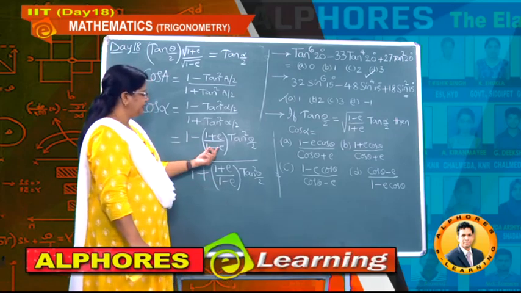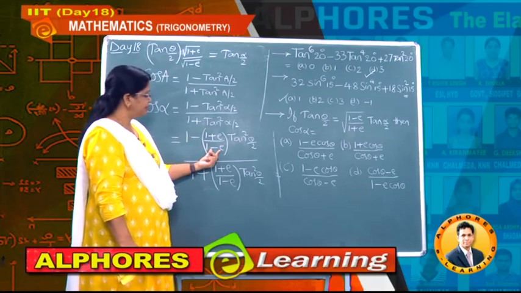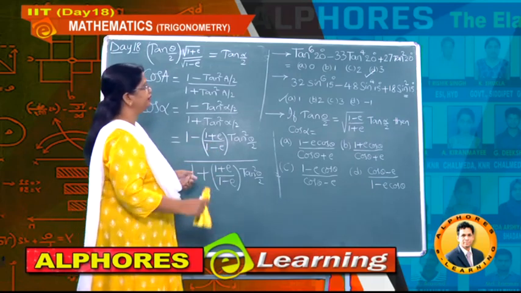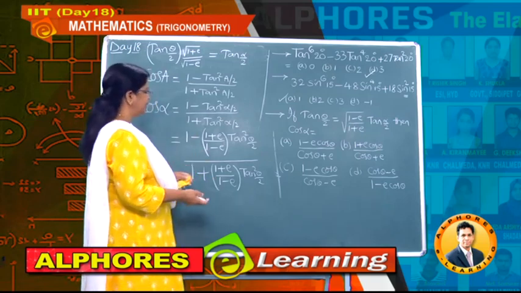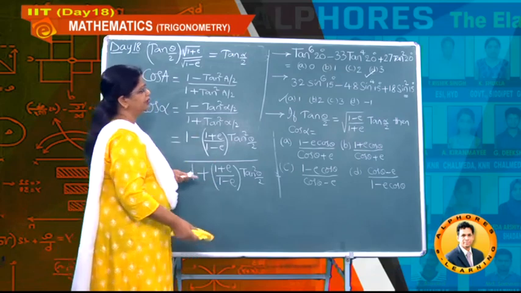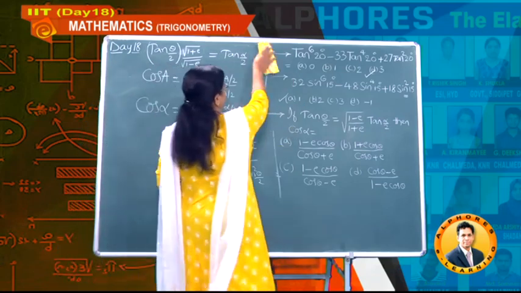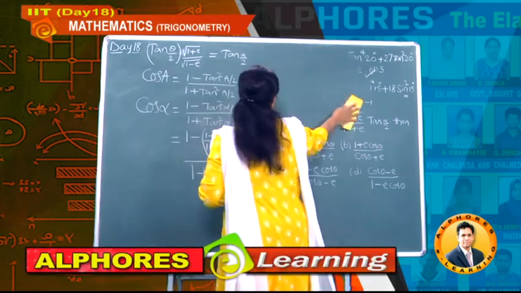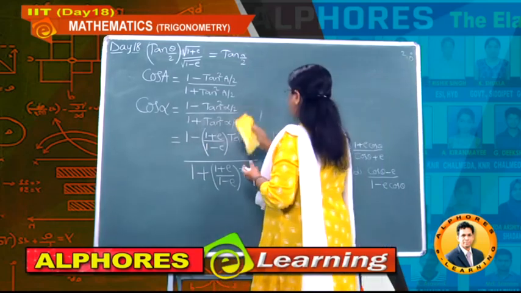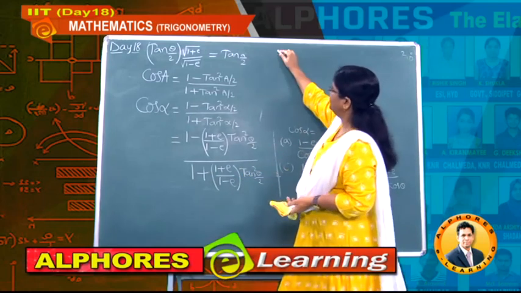Now let us see, this LCM is how much here? 1 minus e, 1 minus e. So let us take the LCM as 1 minus e. Now if you take the LCM as 1 minus e, then both the denominator values get cancelled. So if I take the LCM as that kind of value, then students, what about the result? Let us observe.